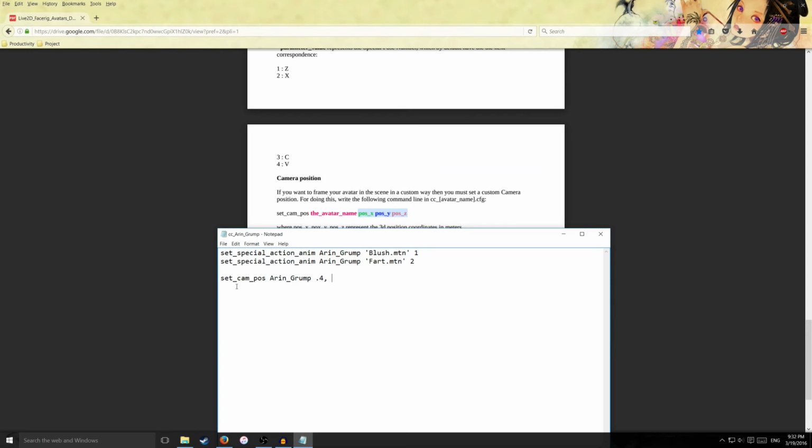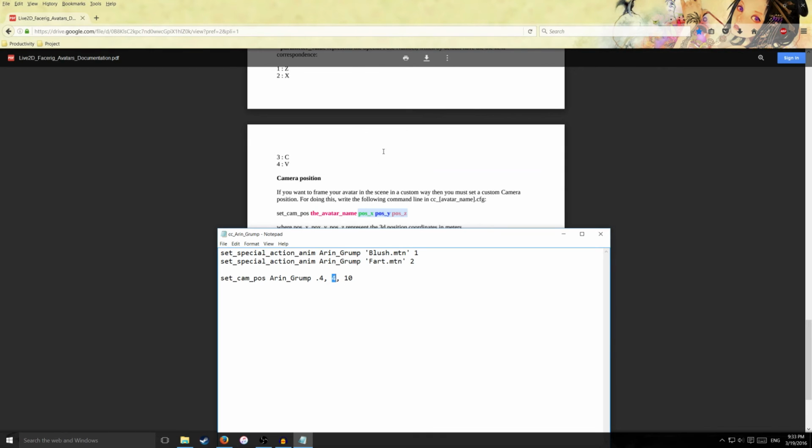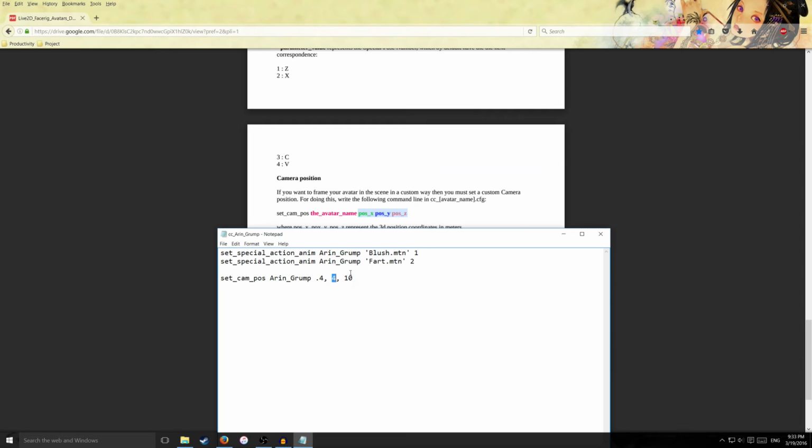For Y, I might do 4, comma, space, and I'm going to do 10 for the Z position. So it should move over to the right just a little bit, and then it'll move up a tiny bit,